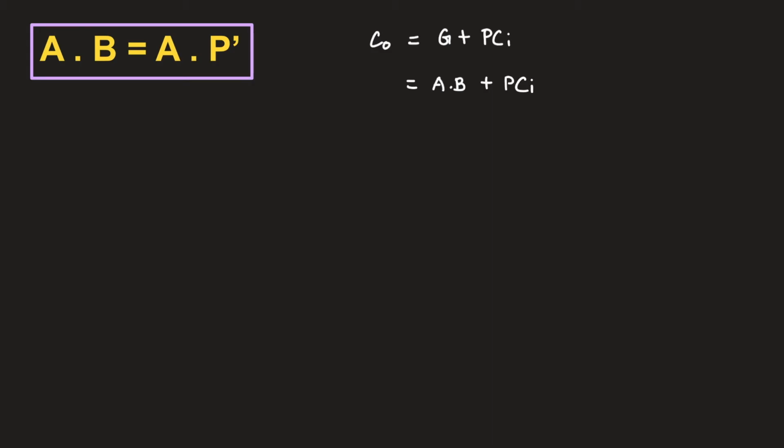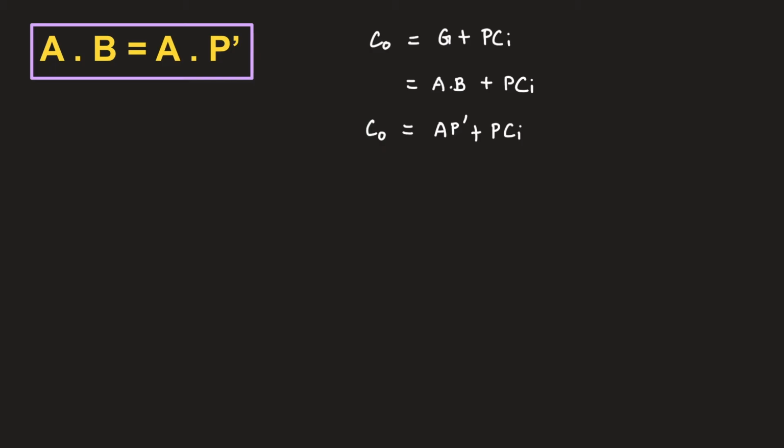And we know that G is A dot B, so the expression is A dot B plus PCi. When I try to expand this carry generate function as A dot B, I don't get any complementary function. Either I should have got Ci bar here, or I should have got P bar. Only then is it possible to have complementary control signals and implement using transmission gates. So now I will rewrite A dot B as A P bar, plus PCi. So now I have got my complementary signals, so I can implement using transmission gates.